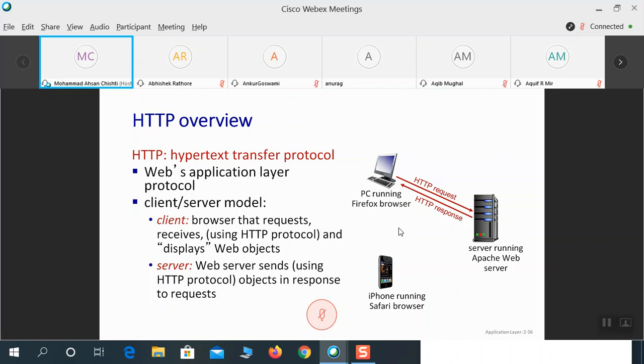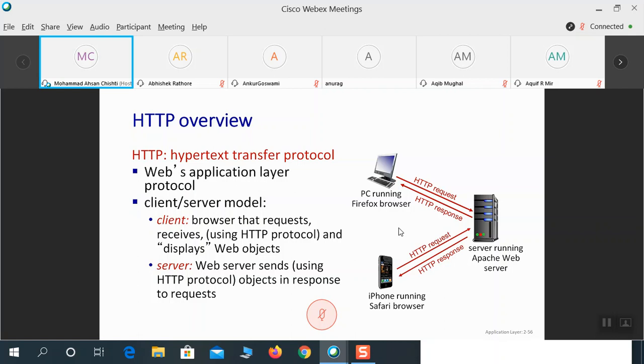Once the request is sent, the reply from the server would be an HTTP response. Sorry, the request is HTTP from the client to the server, and the server replies back with an HTTP response. Both use the HTTP protocol. And likewise, there would be some other device as well which would be sending a request and getting a response. This is what we have as a client-server model.